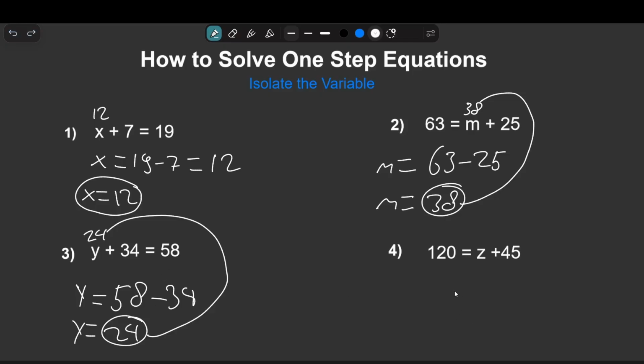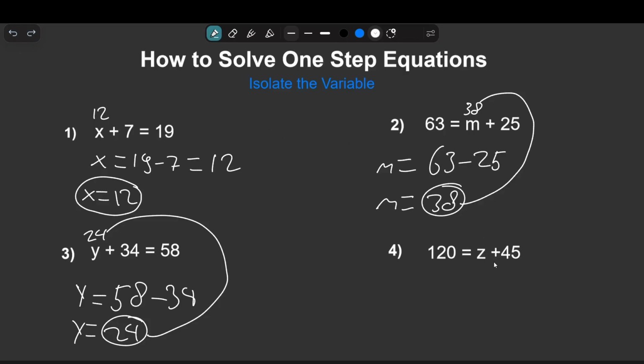Let's go over to the last equation, the fourth equation. We have 120 equals z plus 45. So z plus 45 has to equal 120. Again, we're going to isolate our variable. And guys, don't forget, the variable is basically the letter we have in our problem. That's what you call the variable. For example, the 45 or the 120 cannot be the variable. So we have to isolate the variable again by